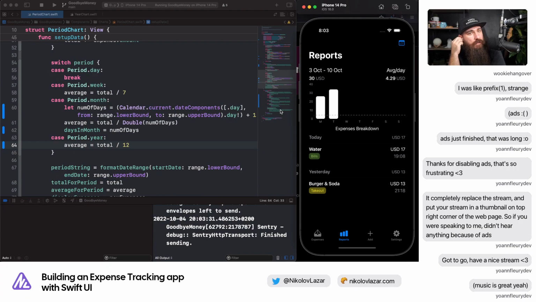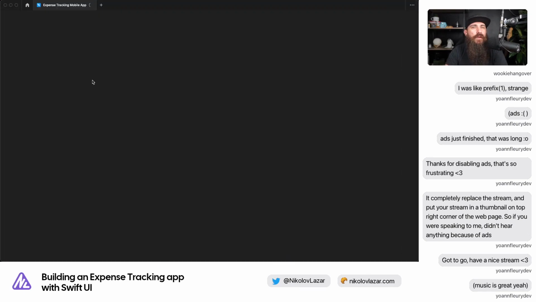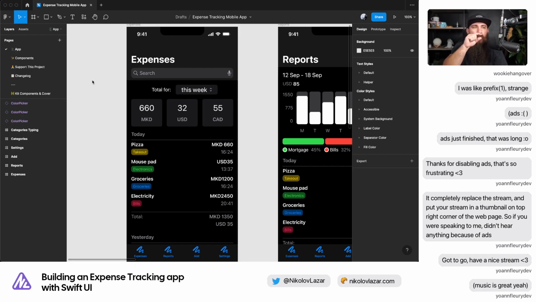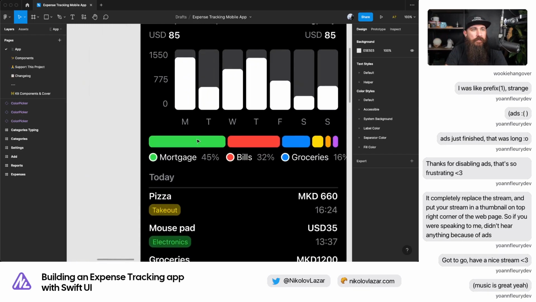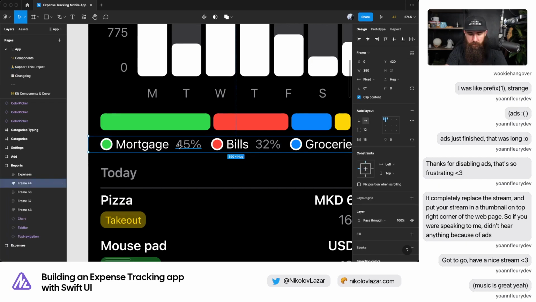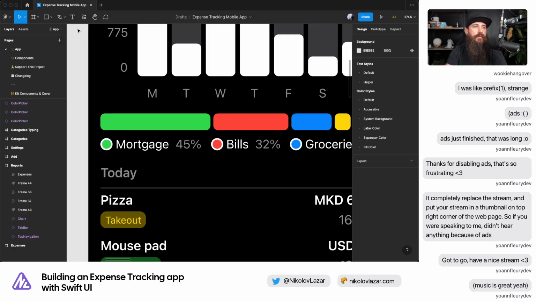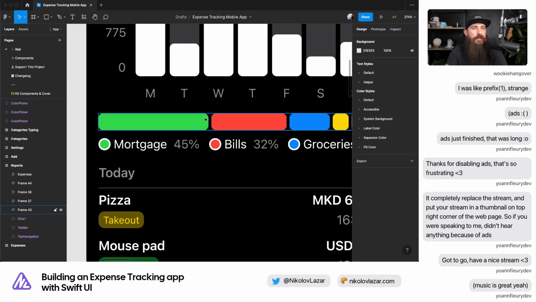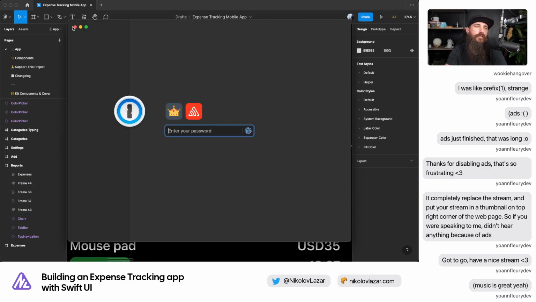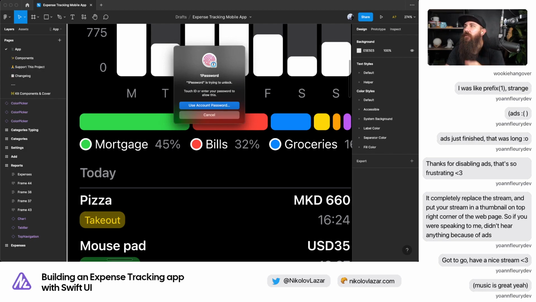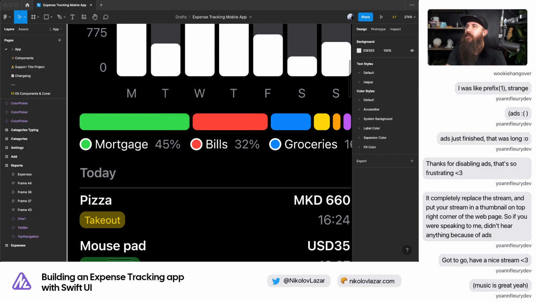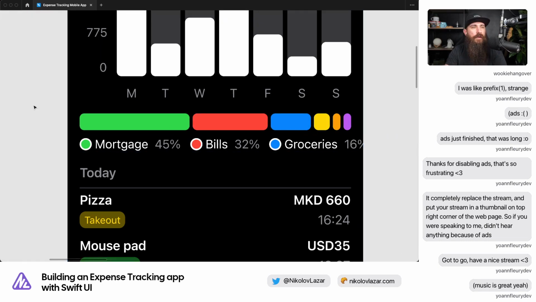Oh, wait a minute. Check this out. We need to actually do the expenses breakdown. And let me show you how that should look. It should be one stack. Check it out. See? So it needs to be just one. Oh man. Oh, okay. Width. Thank you so much. It's like a stack